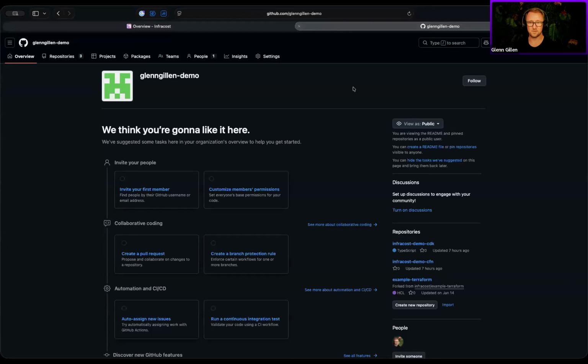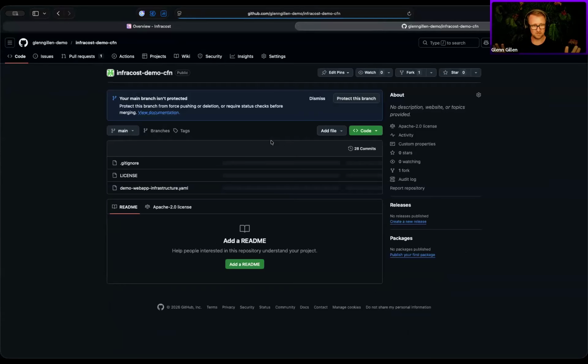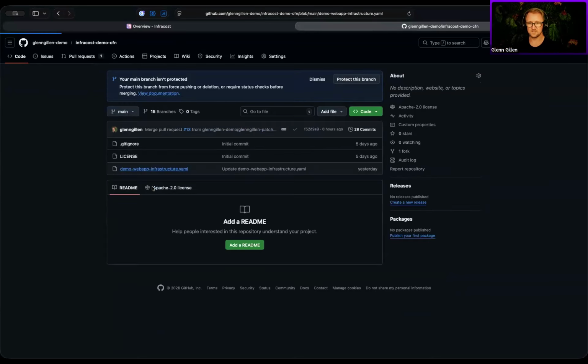And so let's see what that looks like. So that's a clean slate now. We've connected our repos. I have 3 of them in here at the moment. What we'll do is go and show you what it's like to make a change. That's all I've done at this point: I've connected my repository and it's waiting for me to do something. So let's go into this